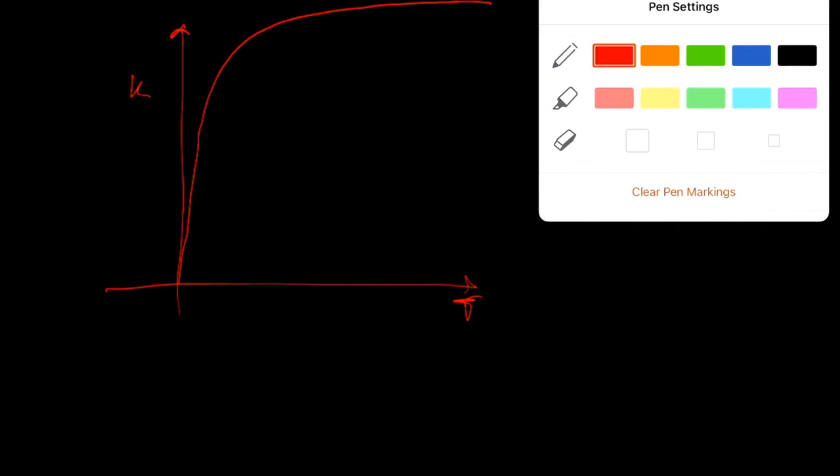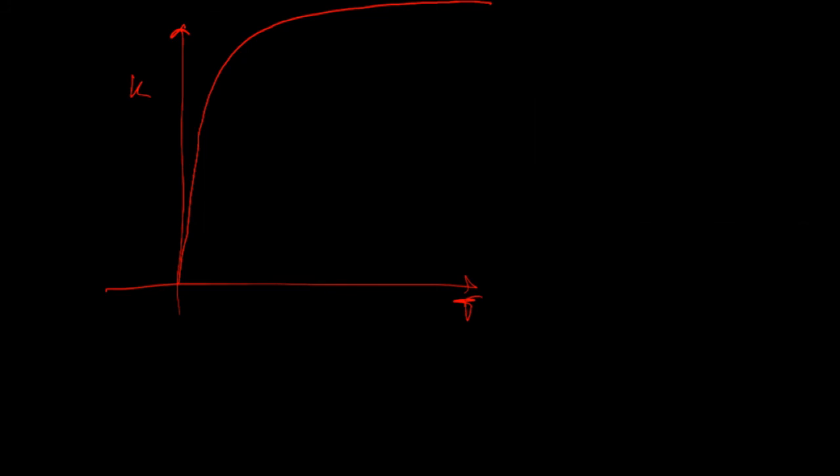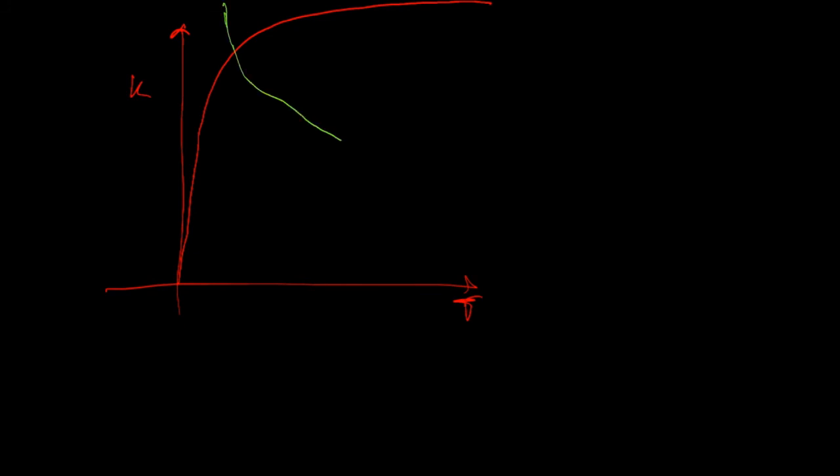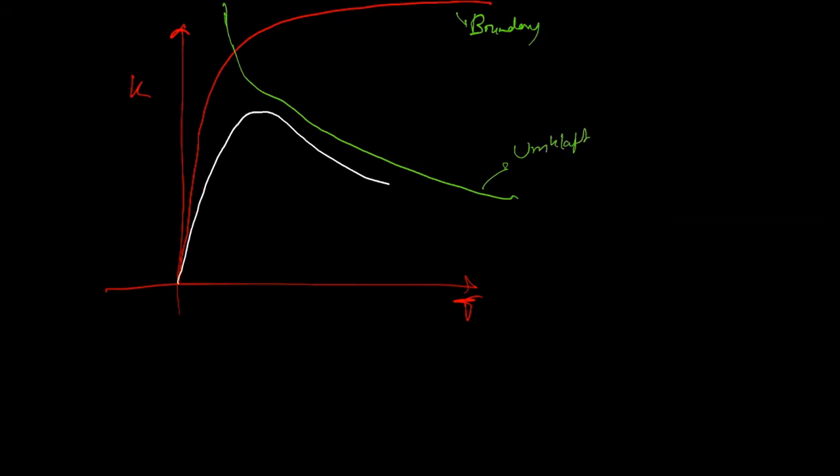Let's say if there was only boundary scattering, the thermal conductivity with temperature would look like this. If there was just Umklapp scattering, thermal conductivity would really shoot up to a very high value and go down something like this. This is when only boundary scattering was there, the red curve. This is when only Umklapp scattering is there. If we combine both of them together, we get this kind of curve, which is what real materials show. That's how the thermal conductivity looks.